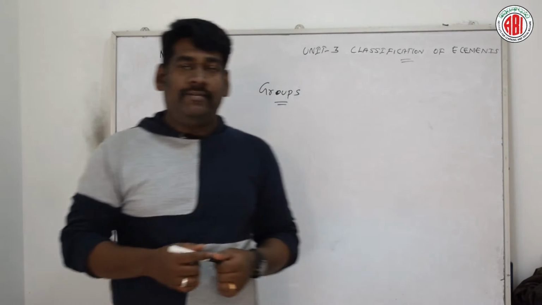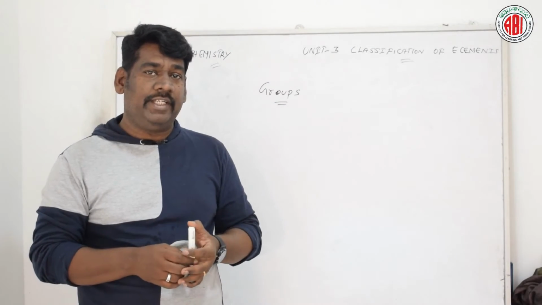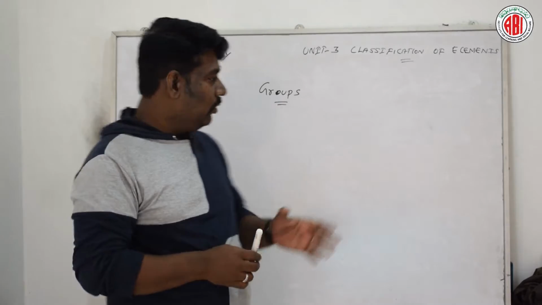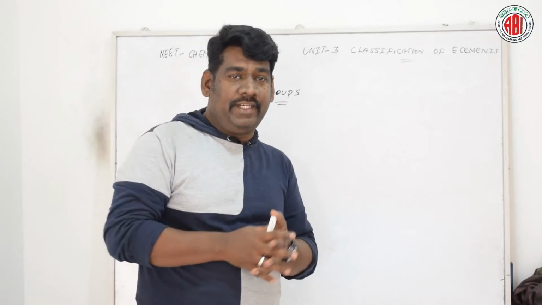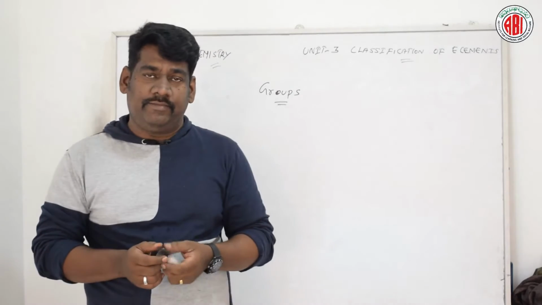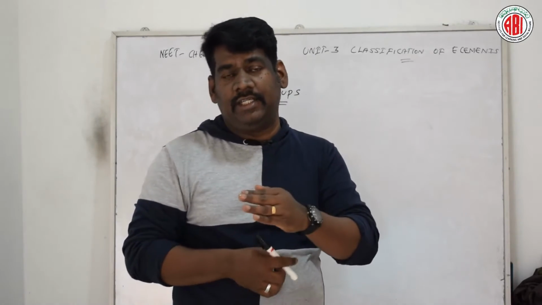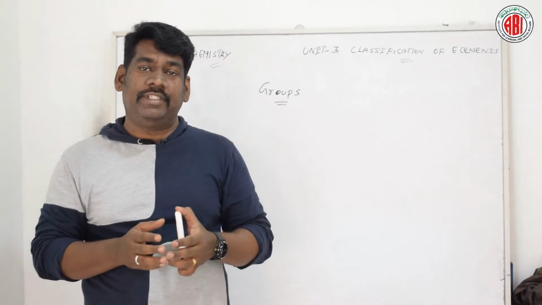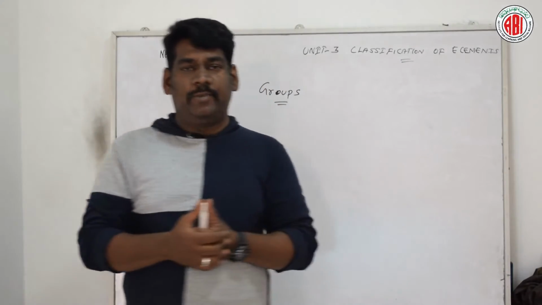Let's start. In the long form periodic table, earlier we discussed the meaning of period and the meaning of groups. Today let us talk about groups, and based on that how the elements are placed in the periodic table. A group is nothing but a vertical column present in the periodic table. Earlier we discussed periods, which are arranged in horizontal rows, whereas groups are considered to be the vertical columns. Now let us talk about these groups in detail.